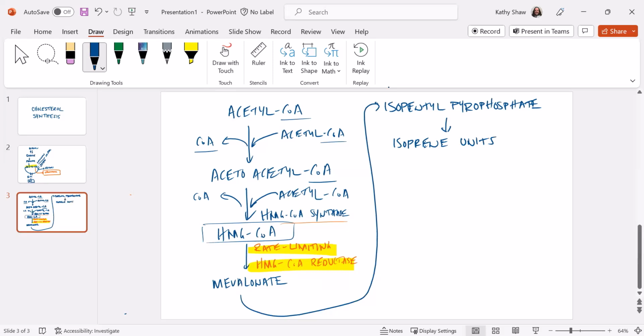And what we're going to do is make a whole bunch of those, because what we've done here is we've started out with a 2-carbon molecule, acetyl-CoA, added two more, and we've started building it up that way. Cholesterol is a 27-carbon molecule. So we keep repeating this step over, adding more and more units, building up this molecule. We also have, with the isoprene unit step,